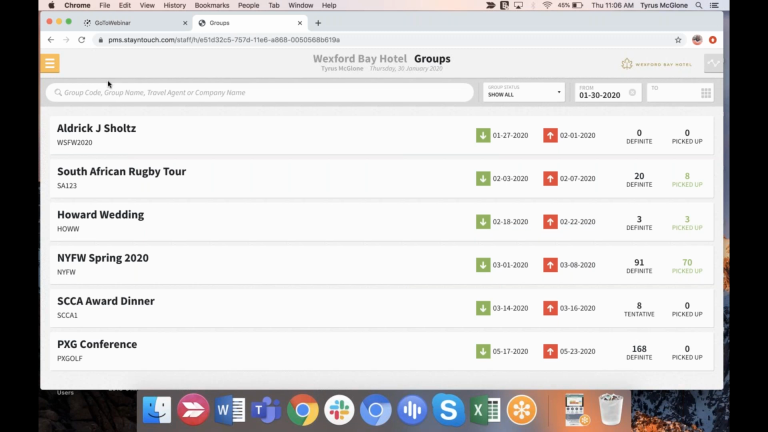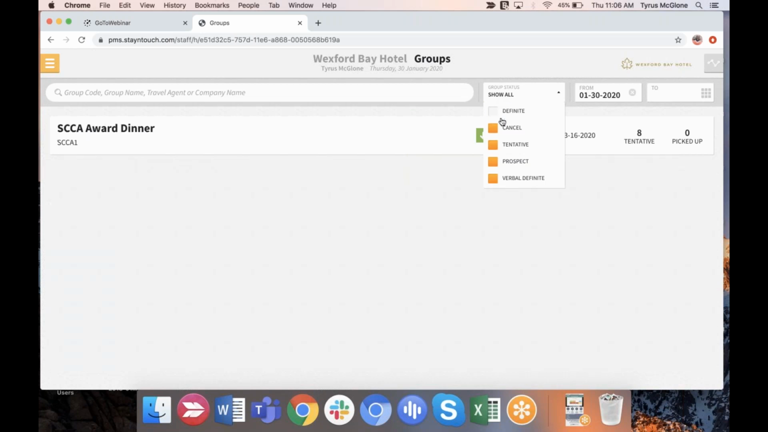Next on the groups, we can stay on the screen here. We've added the ability to filter by the hold status of that group. Hold status meaning whether the group is tentative, whether it's definite, whether it's canceled, or any other hold statuses that you may use in your property. So for the hold status here, you'll see group status, and you'll basically just use this drop down arrow here to sort it by anything that's not definite,